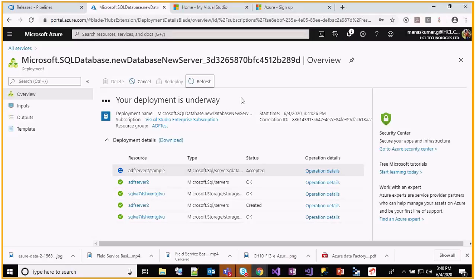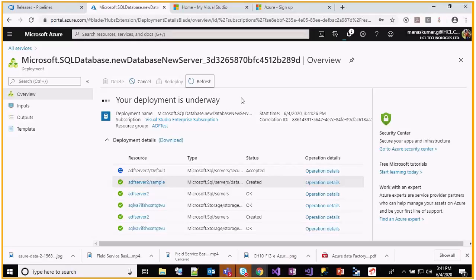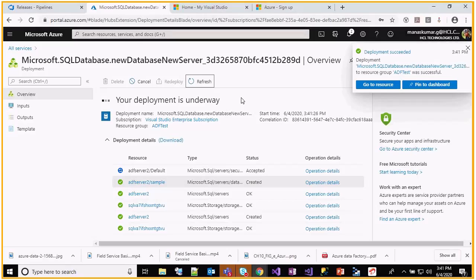So meanwhile, does anyone have any questions while it is creating? Hello. Actually, I would recommend everybody to get some hands-on practice on this. The reason is, unless you face a problem doing it yourself, you will not have questions. So when you try it out, you will know. The subscription is there for everybody. You should try it out.